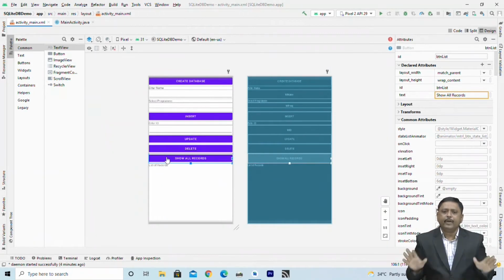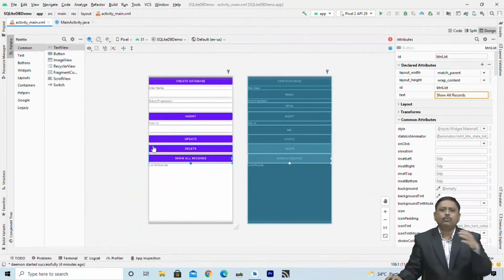This is our simple interface which will create the database and perform 4 basic operations like insert, update, delete and retrieve from the database. So I hope you understand this layout file.